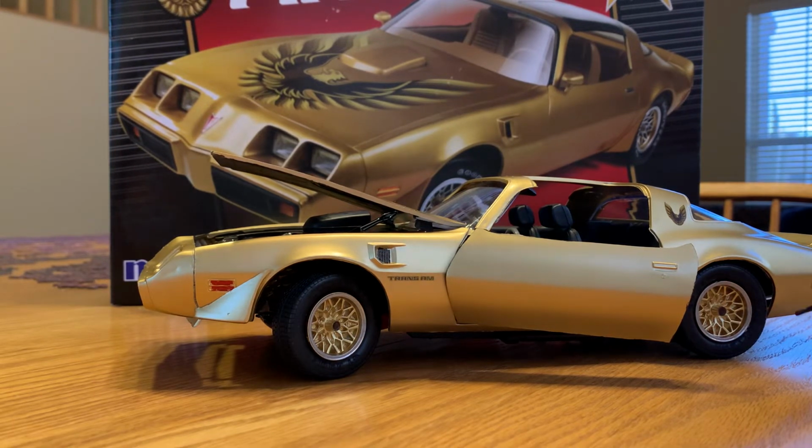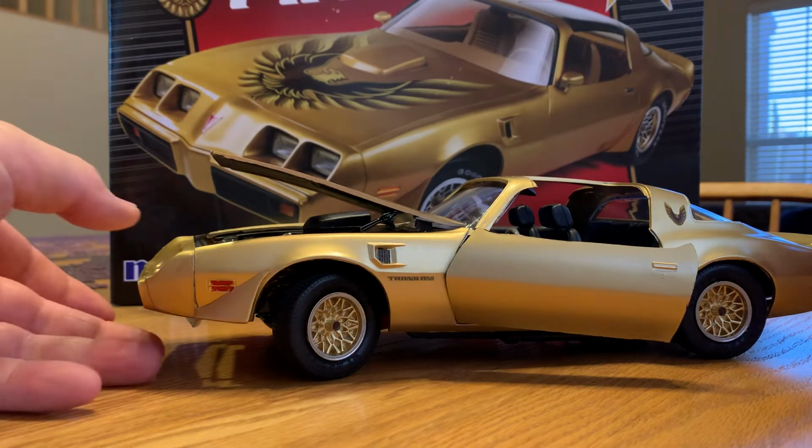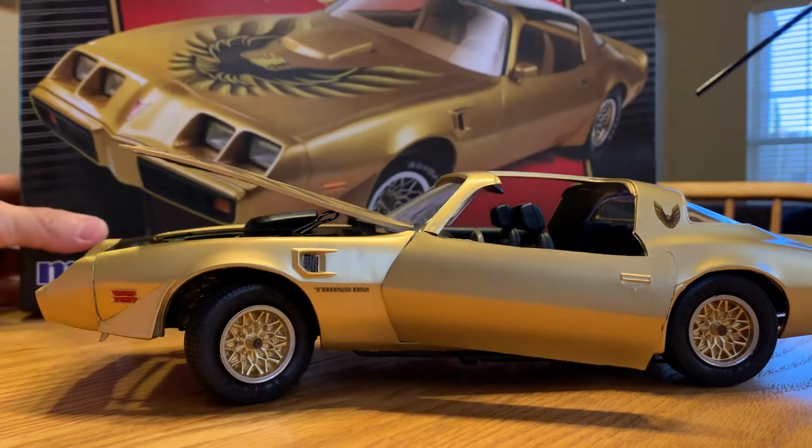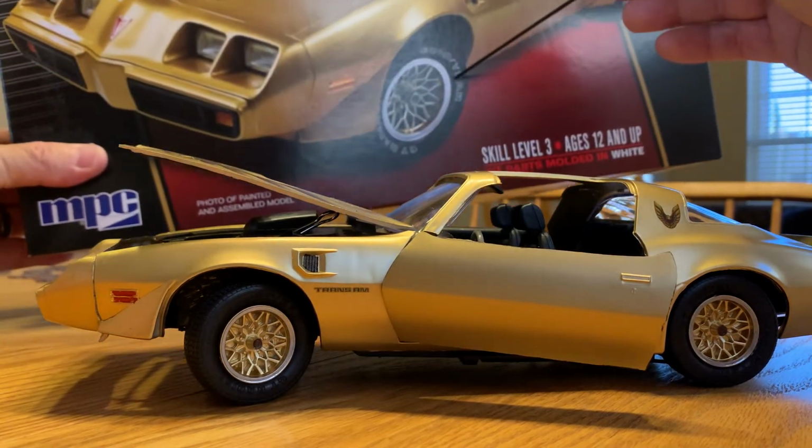Second thing, you have your honeycomb gold wheels here. Let me pull this in a little closer. Honeycomb gold wheels here. The wheels were originally chromed. Threw those in a cup and then sprayed some oven cleaner on it, and of course that de-chromes it. And then I sprayed them gold, and then I came back with a silver chrome paint pen and did the ring around the edge of the wheel